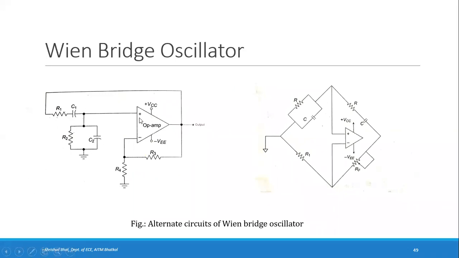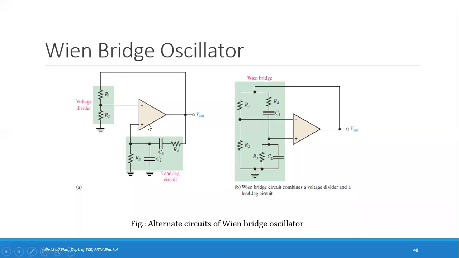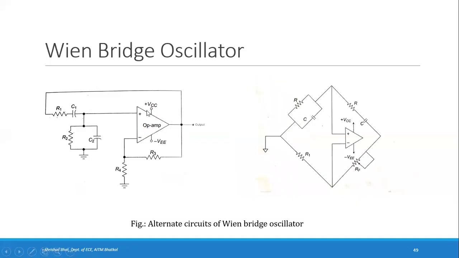You should remember, here there is plus and here there is minus, unlike these diagrams where here there is minus and here there is plus. In this circuit, the inverting terminal gets the feedback, and to the non-inverting terminal you are giving the input. So this is also another kind. R and C are in series here, and in parallel here. So there are different ways of having the same circuit.